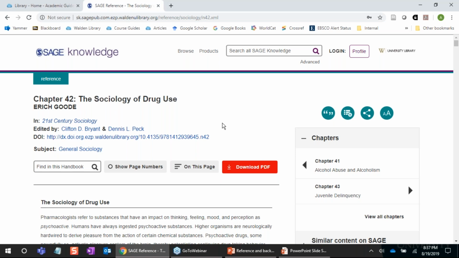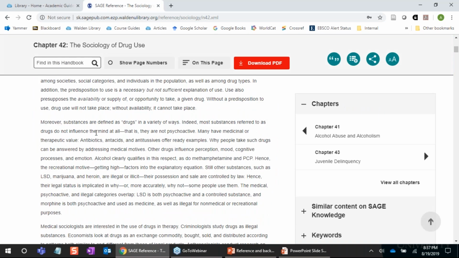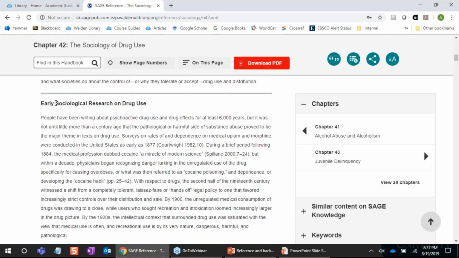So this is from our database called Sage Knowledge, and this is the chapter. It's chapter 42. We can see that it came from the handbook 21st Century Sociology. And so if we scroll down and we look, we can see it talks about the sociology of drug use. So here's our overview. But what's really helpful is it's going to talk about what early research on this topic